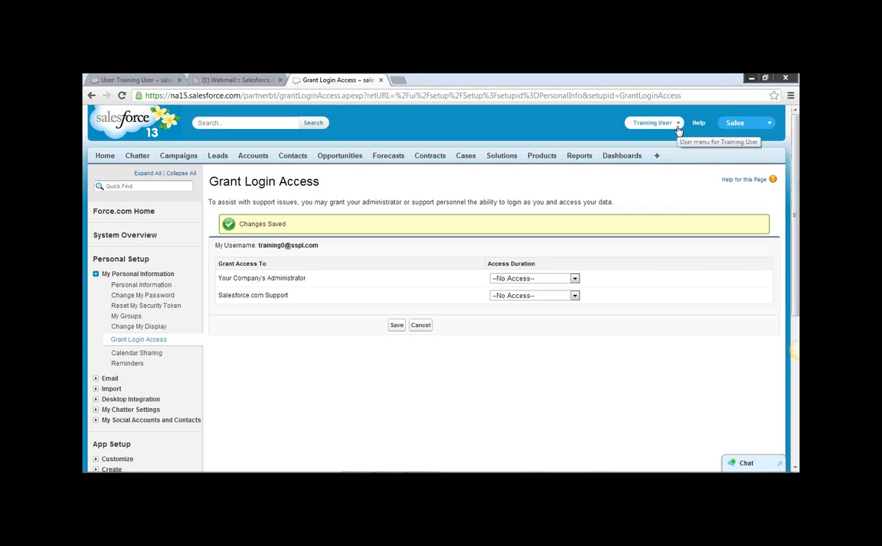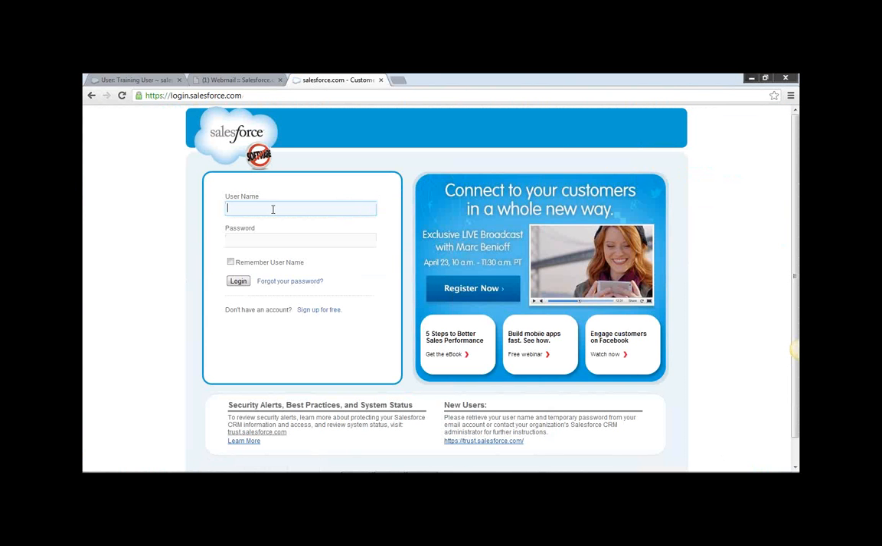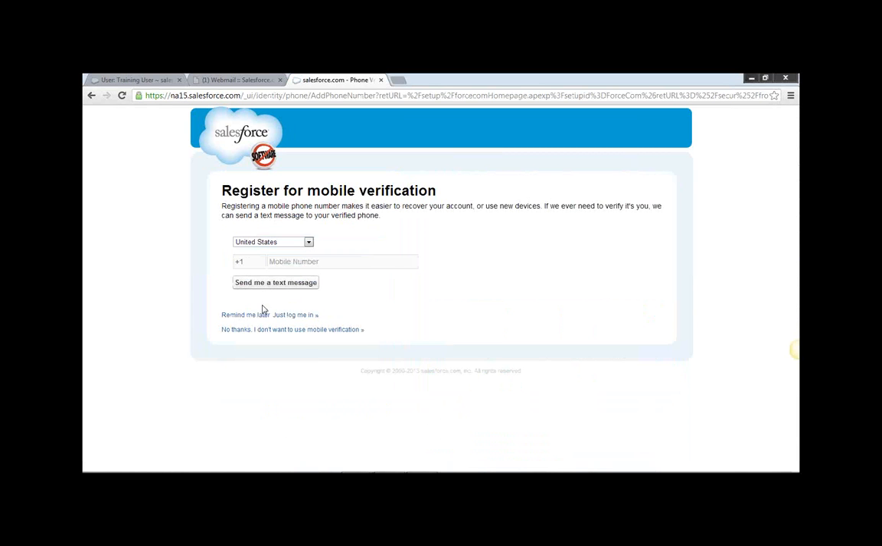Now let me log out and log in as the training user, who is also an administrator, right? Yeah, administrator. And he's granting access to the other user. So every user, see, every user,